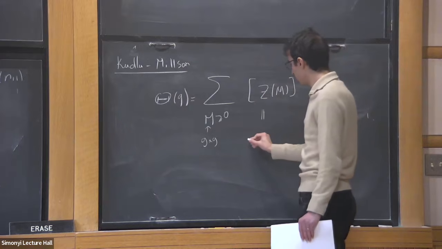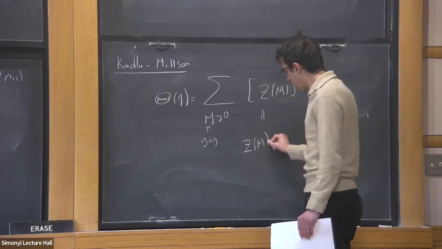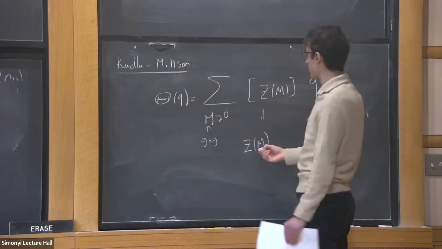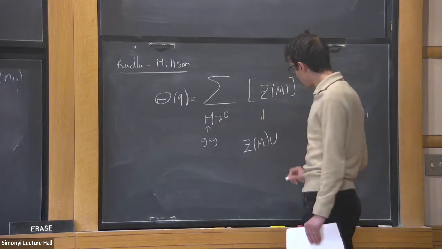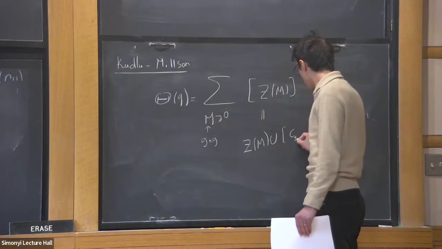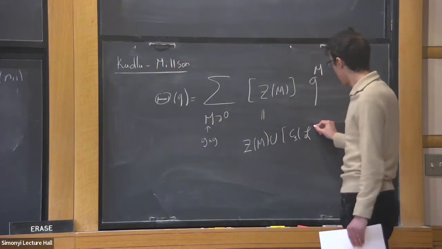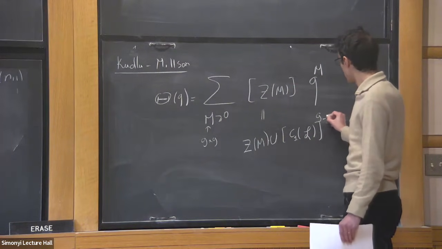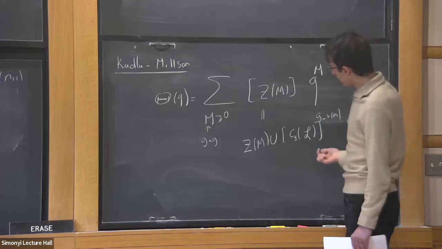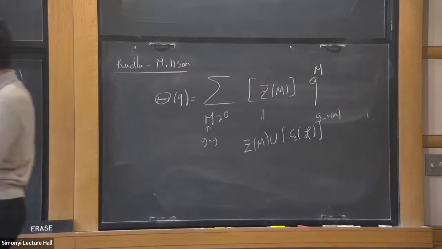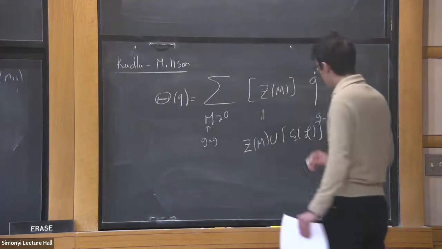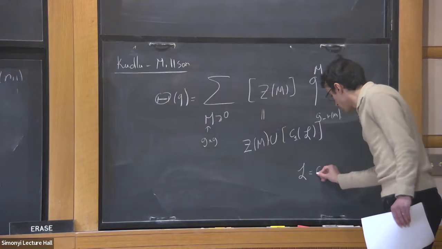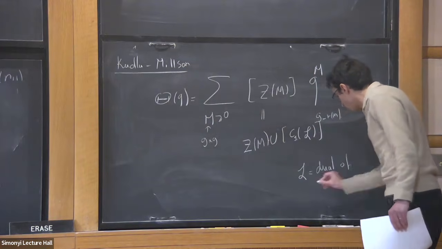So the class of Z_M, if M is positive definite, let me just take the class of this cycle, and if not, I will just correct it with the first Chern class plus a specific line bundle, L to the power g minus the rank of M. So this is to account for if the lambda i's are not, if M is not positive definite, there's going to be some excess intersection. And so this extra term is accounting for that. And this L is the dual of the tautological bundle